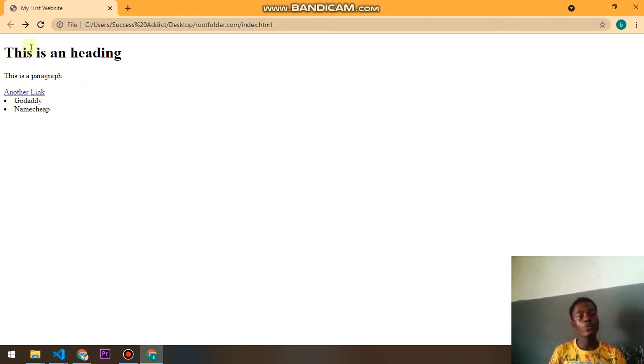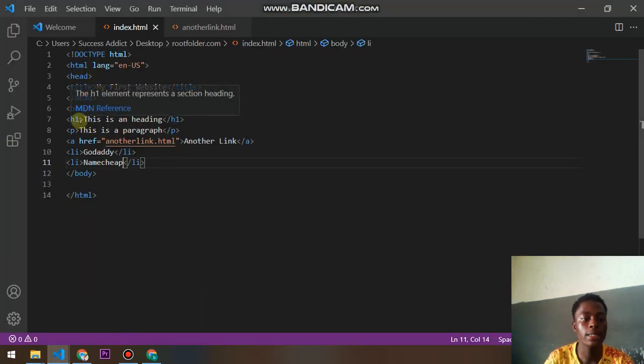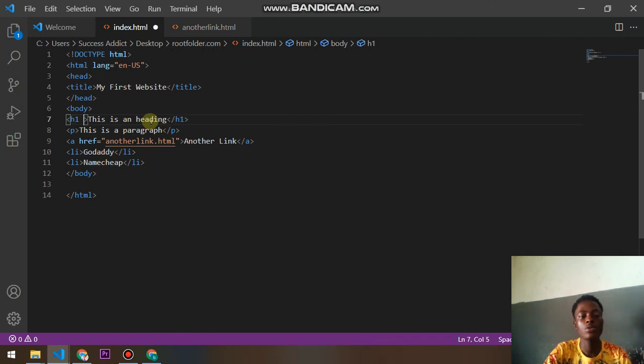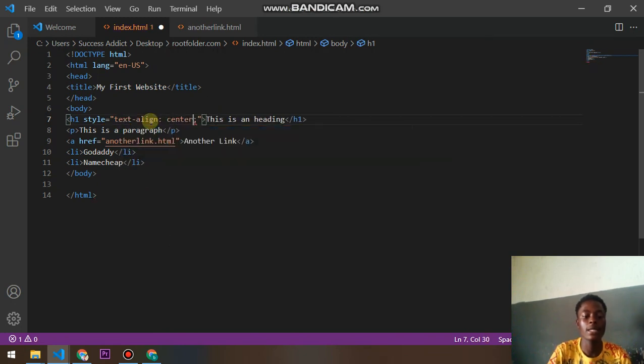So we can imagine that we don't normally have something like this in a web browser. It's kind of responsive and very cool, so we gotta try to do ours as well. So I'm going to align this to what? Center. There are two ways I can align this to center: by using CSS or by using an inline method. So here I'm going to use inline. I say style should be equal to what? Text align, which is what? Center. So if I refresh my browser now,